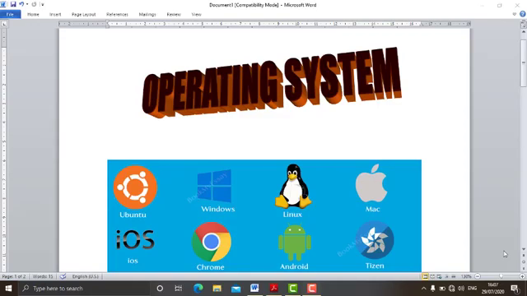So an operating system helps us to control all these things. It acts as a mediator between us and all the resources of the computer. It helps us to operate the computer and use its resources. All the resources are handled through the operating system.